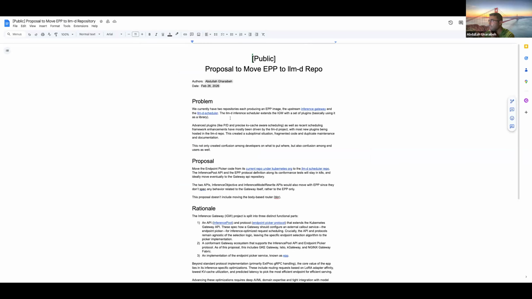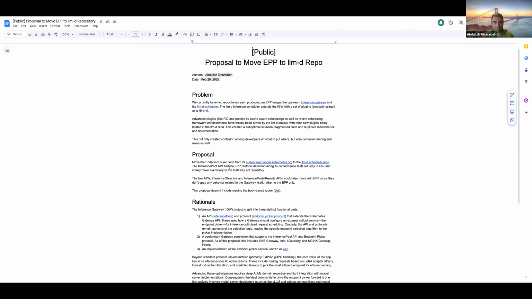You guys can see the new tab, right? So we are proposing to move EPP, the EPP code, into LLMD. And concretely, it's just the EPP component, basically the Xproc server and the framework, the set of plugins that implement the inference specific